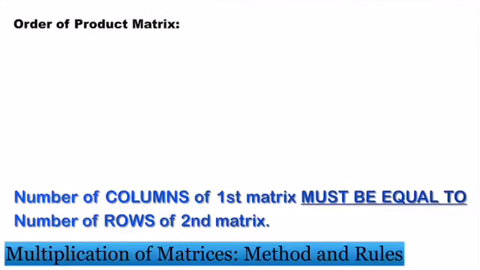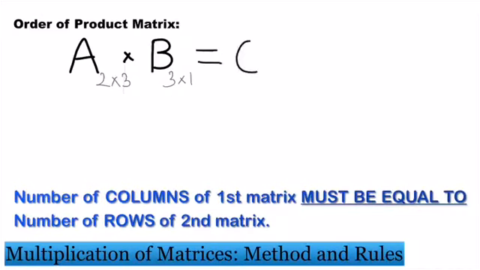And how to define, or how to know, the order of a product matrix? Suppose we are multiplying two matrices A and B whose orders are 2 by 3 and 3 by 1. Now we know the rule that the number of columns of the first matrix must be equal to the number of rows of the second matrix, and here we have 3 each. So just ignoring or cancelling out these 3's,